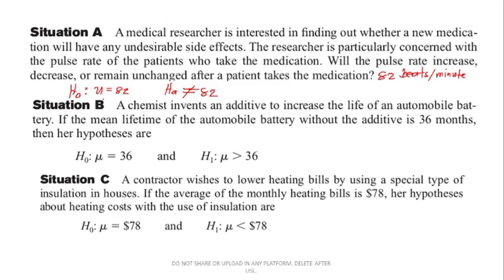So, the mean, the average heartbeat of the patients will not change. So, meron tayong word na not. Will not change, ibig sabihin, yung mean natin will remain 82. Kapag naman alternative hypothesis natin, ang i-state naman natin dito, the pulse rate of the patients changes, or the pulse rate of the patients is not equal to 82.